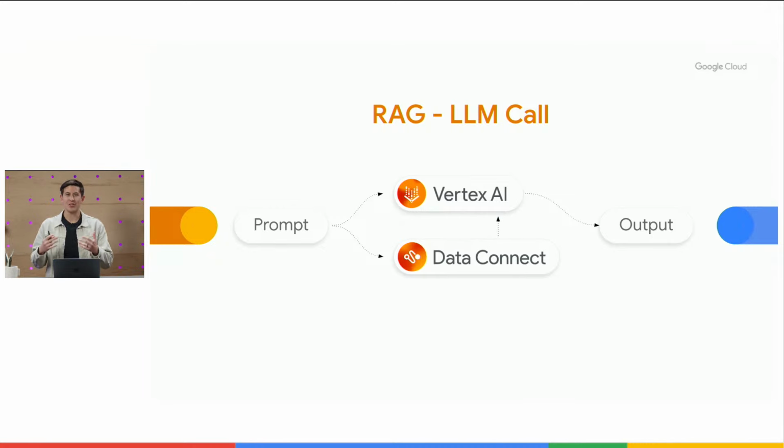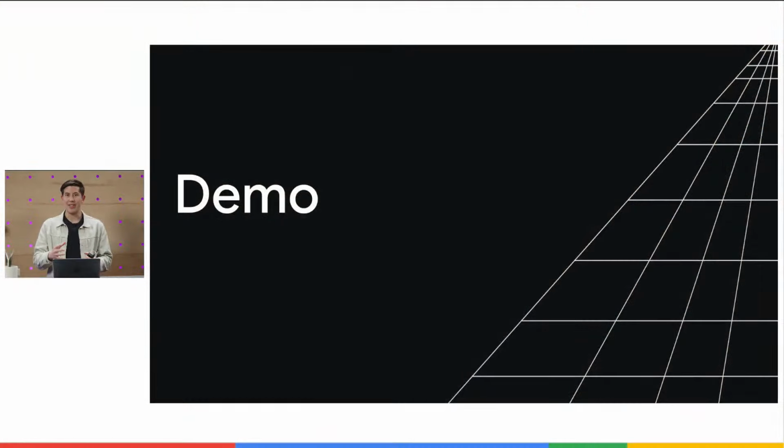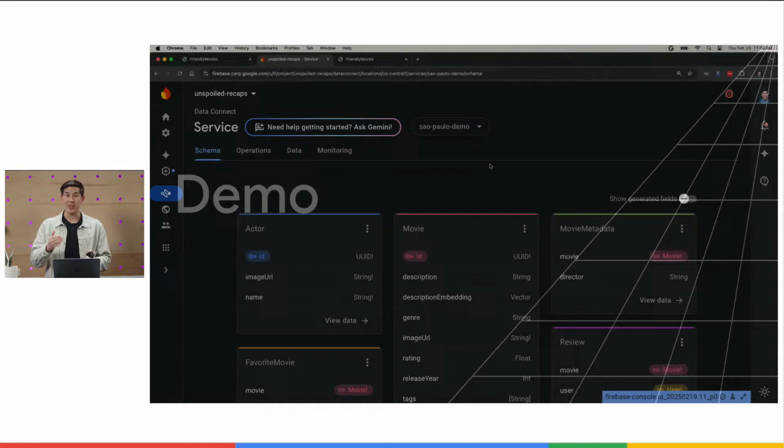That's a major step up, and it makes the AI seem intelligent because it understands the data in your database. So we've covered the broad strokes of what Data Connect is and what it can do for you. Let's dive into a demo to see what we can do with it and the power. So we're going to transition over to my laptop here, and we're going to go through a live demo to